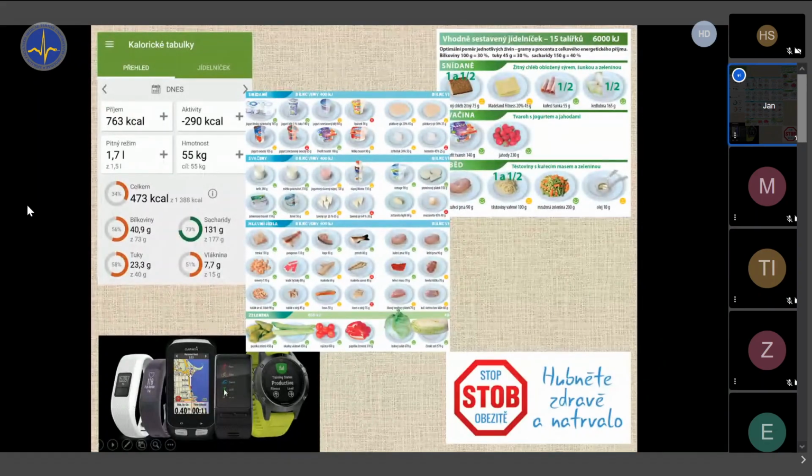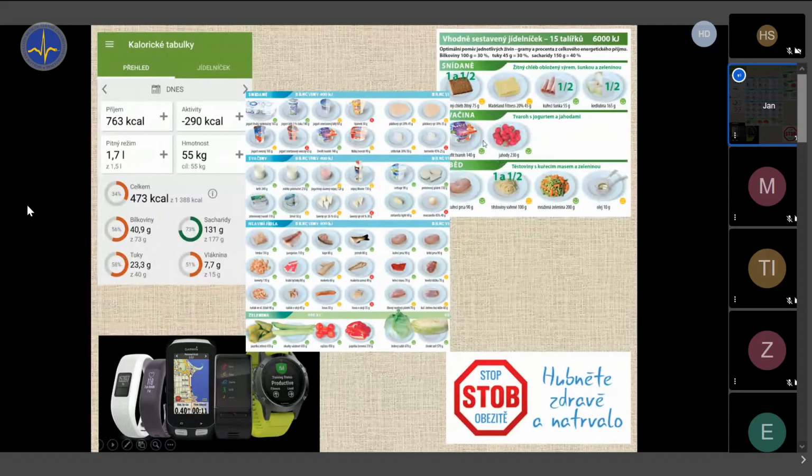So there are many apps on pretty much any watch we have right now that help people to monitor how much they walk and how many calories they spend. There are also different caloric tables where people can enter what they eat, and the cell phone counts calories, composition, saccharides, very full. I use this with my patients, and some of them really like this caloric tables app in the phone. There are also other applications.